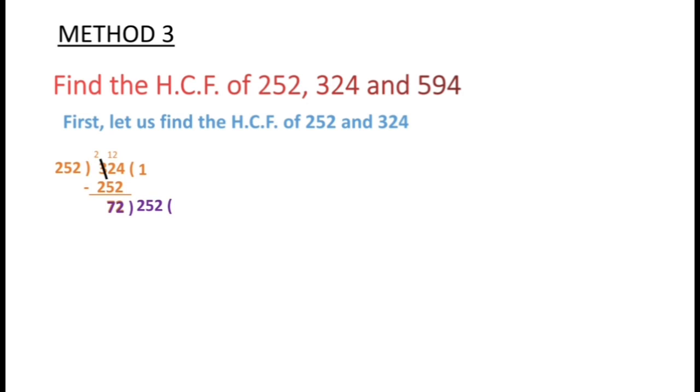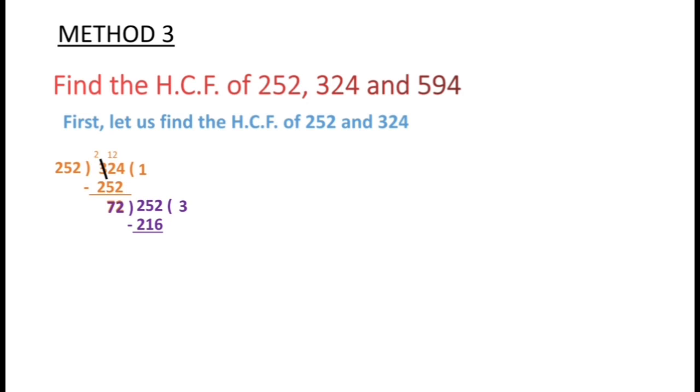7 3s are 24. So we can take 72 3s are 216. Here, whenever we get the divisor a big number, what can we do? We can estimate the number, round it off, and using that number we can find the nearest number which we can take. Since we have estimated here, I can easily guess what the quotient will be. So 72 3s are 216.